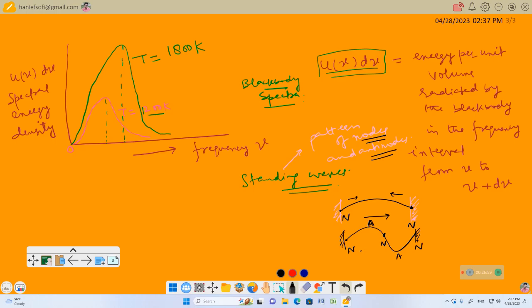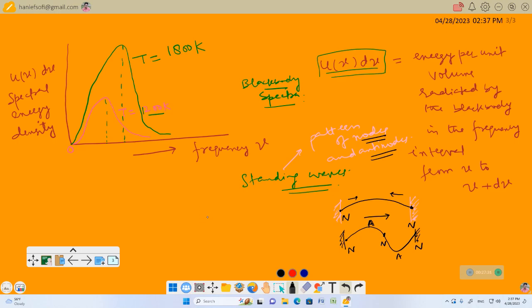There cannot be any frequency or any wavelength available in these modes. Only certain frequencies or certain wavelengths are available, or I should say, this string can oscillate only at certain frequencies or certain wavelengths. Right. Similarly, Lord Rayleigh and